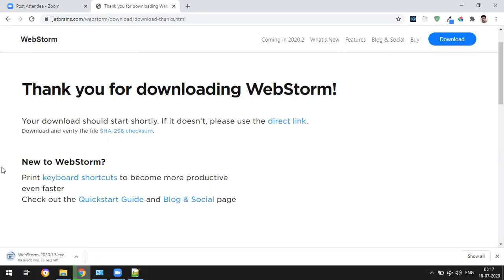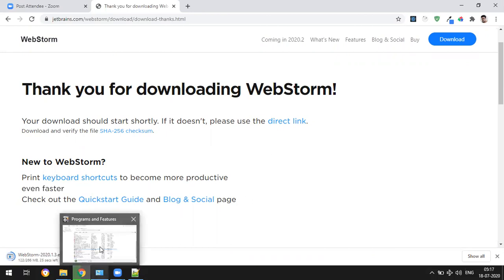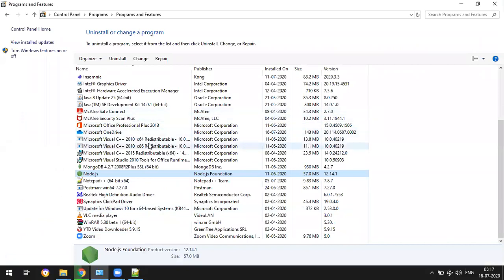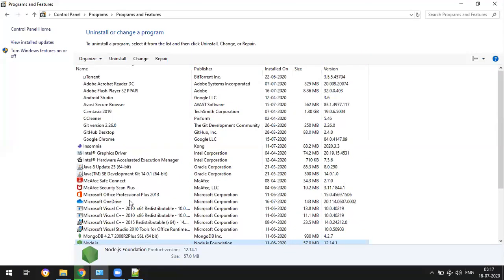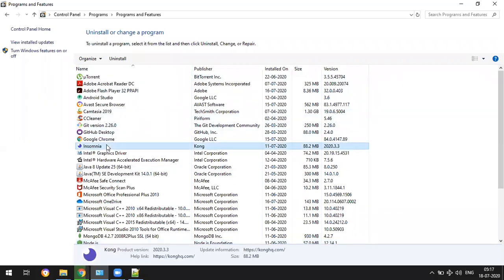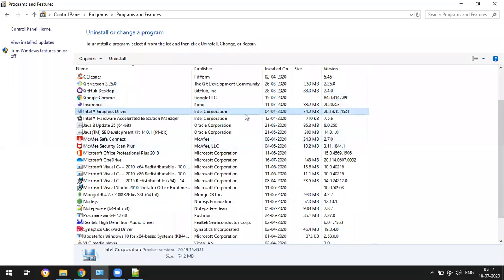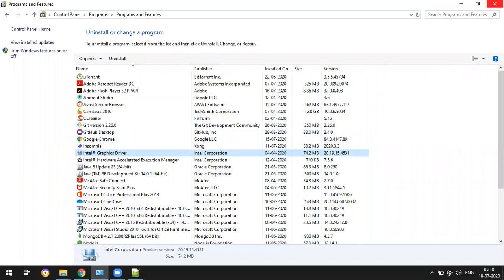Okay. It's downloading. Meanwhile, I have to uninstall some of the software because I already have it in my system. One is Insomnia, but I was using it for the project, because for the next batch at 7 a.m. I'm using the project. Okay, let's keep it. If I uninstall, all my settings will go, so I'll just keep it as it is. I'll just show you the installation. No worry.